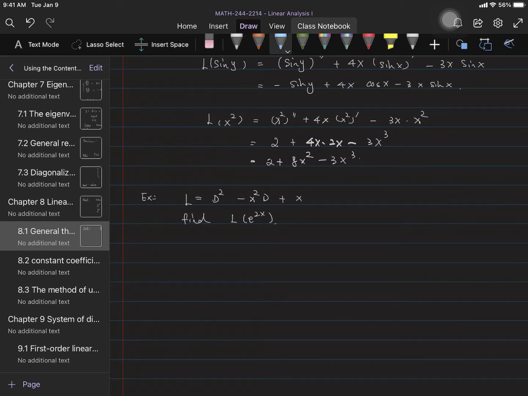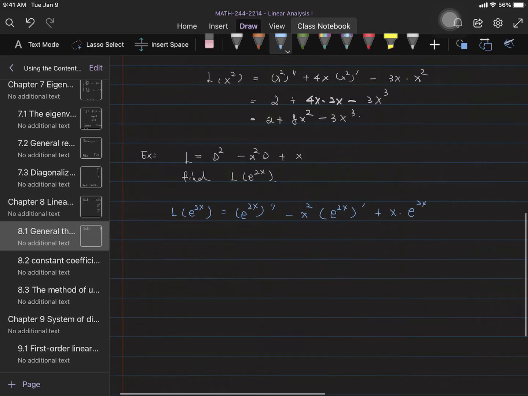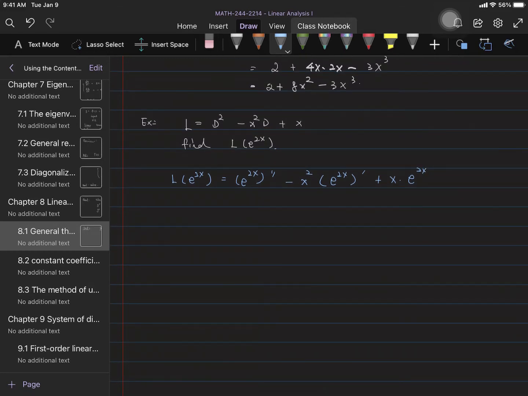I'm going to give you the solution. L d squared means the second derivative of this function. D means the first-order derivative, and plus x times e to the 2x. No derivative on this function, just copy the function. And e to the 2x